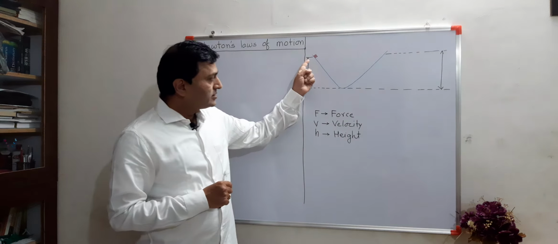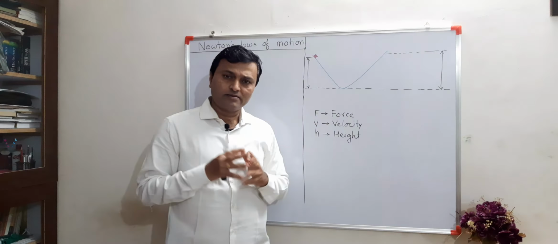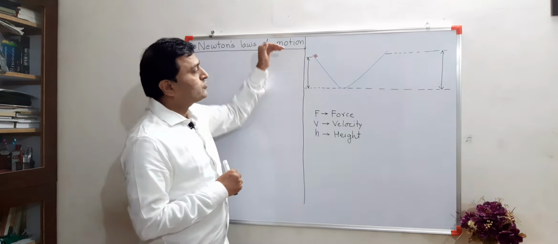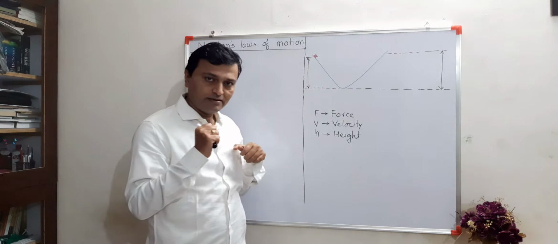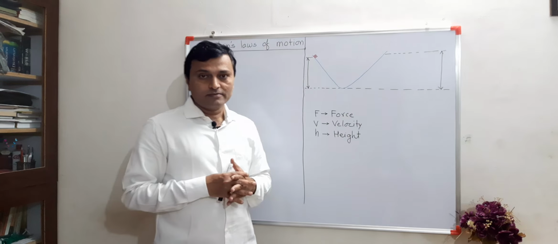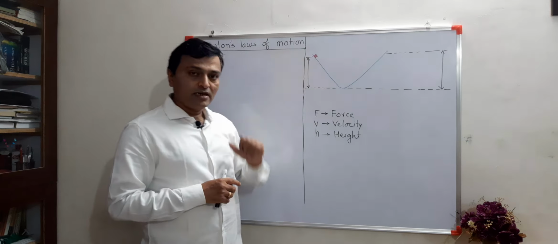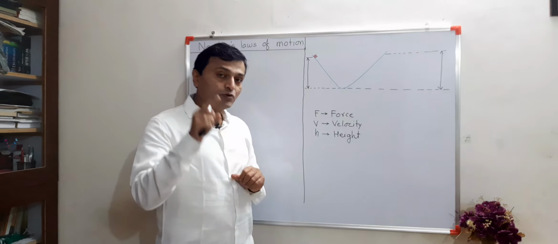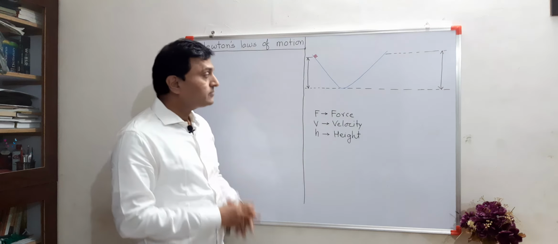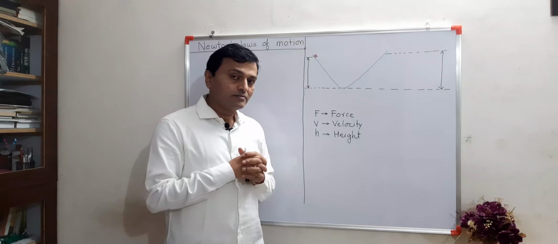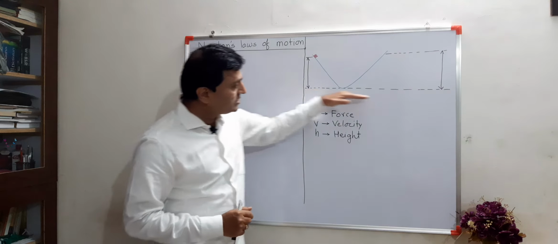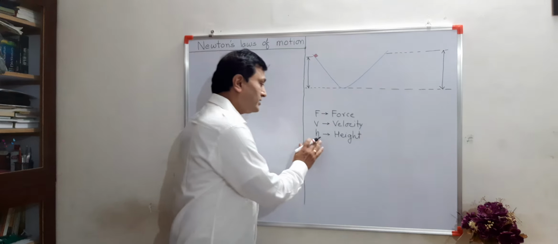Suppose this is a plane surface, but having a slope downward and upward. Suppose we are going from this side, then you will say this slope is downward, and if you are going in this direction, the slope is upward. Now one object is placed at this point and you have to assume that there is no friction. If there is no friction, then there is no loss of energy. When this object is released from this height, from this reference level, suppose the height is h,